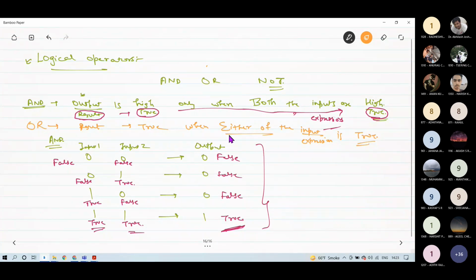Either of means that either one is true, or the other is true, or both are true. So in that case you can see your truth table changes for OR gate like this.